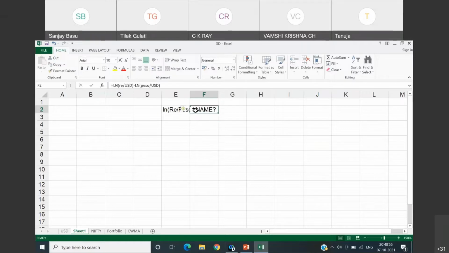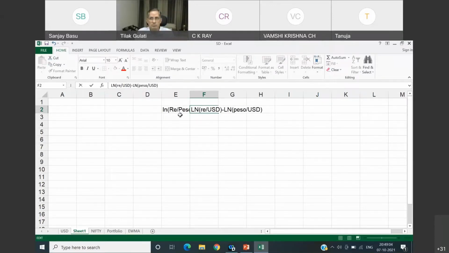Even if I do not have a direct quote, it follows from the rules of logarithm that I can convert an indirect quote into direct quotes. Right? Even if I do not have an exchange rate from the market, I can create this exchange rate based on direct quotes. This is not possible with simple returns.